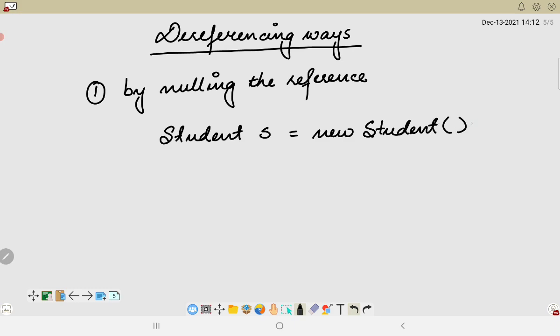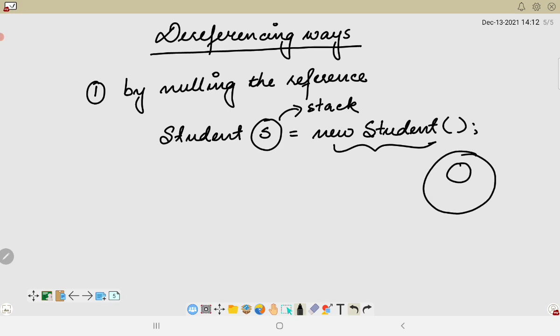As soon as I write this statement, the reference variable s is stored inside the stack memory, and a new Student object is created inside the heap memory, which is referenced by s, right? Now if I make s = null, it is not pointing, so s will now not be pointing to this particular object, right?